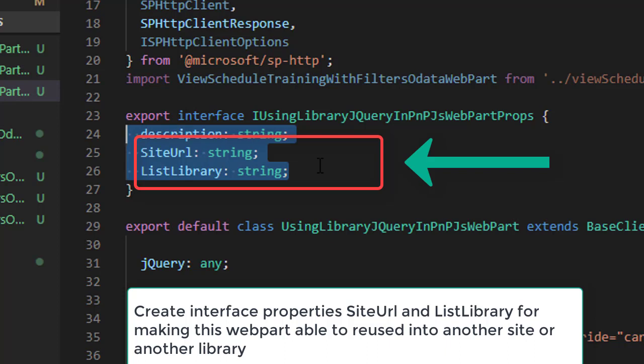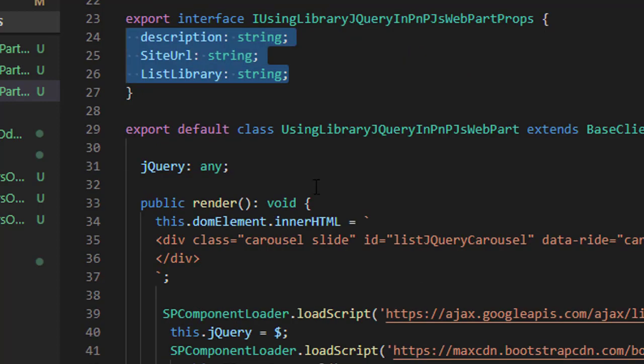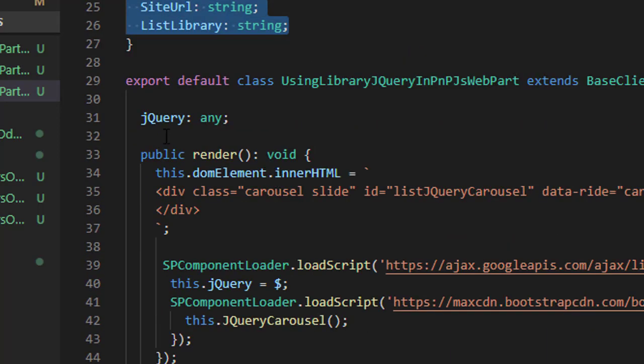This is important for creating a web part that is dynamic. So the web part can be reused in another site or another library. So you only need to set the site URL and then the list library. And then next,